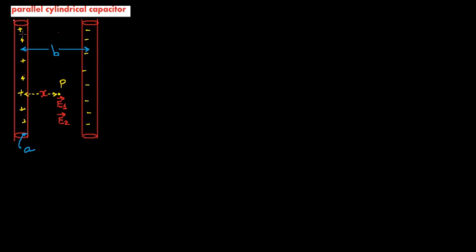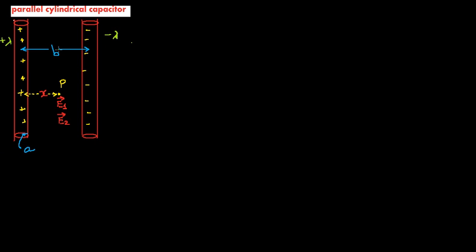Lambda is the charge per unit length. Here there is a plus lambda on this cylinder and a minus lambda, the charge per unit length, on this negative cylinder. The radius of the cross-section of each wire is a, and the distance between these two parallel wires